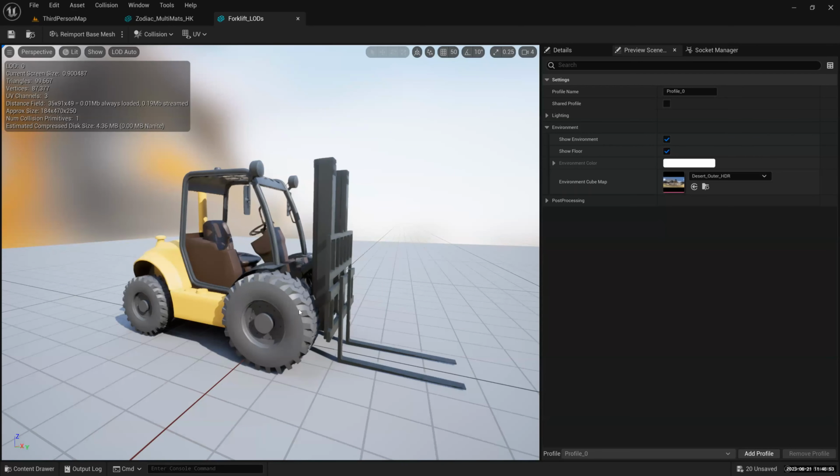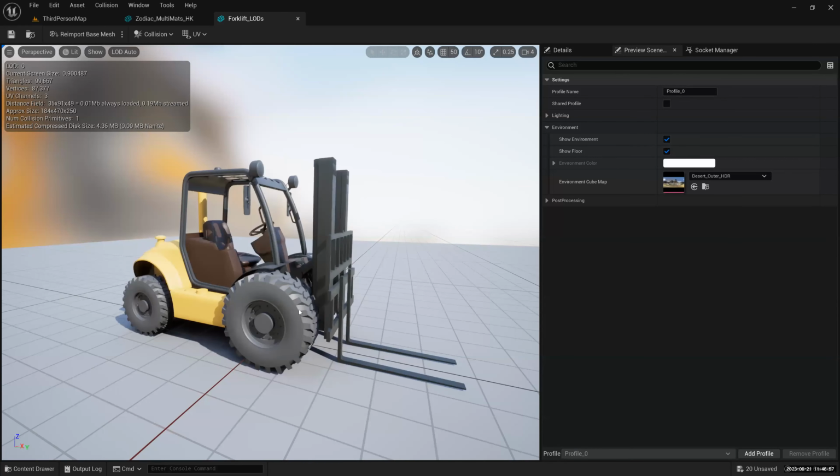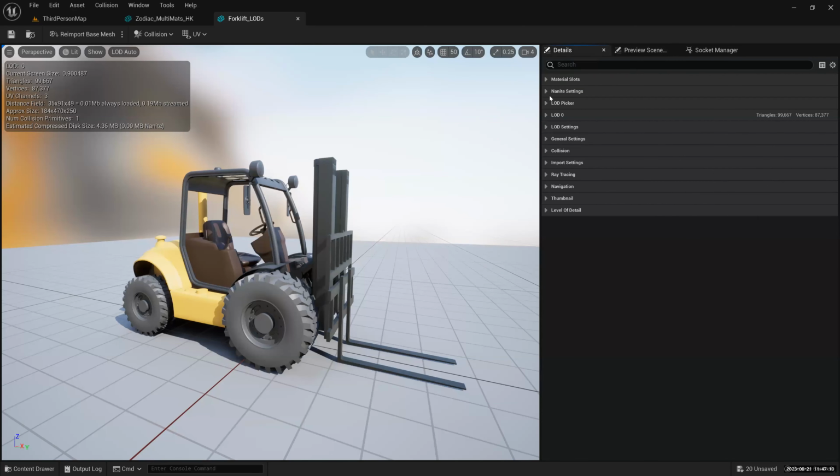In this case, when this forklift was brought into the scene, we enabled the automatic LOD, and it tells you how many LODs you want. It's up to you. It depends on your game, how far you want from the screen and all that. We can delete these LODs and make our own. If I select the object in the details panel, you can see we have LOD settings. Remember I used my collapse all thingy? I can collapse all.